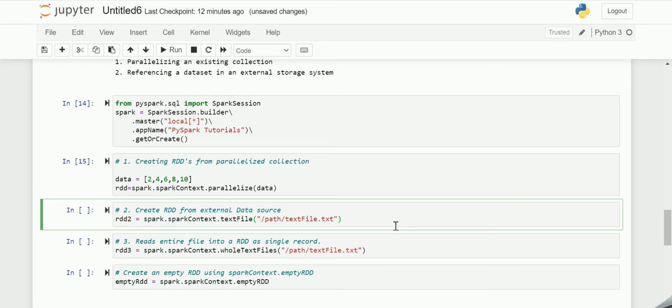The second way to create an RDD is from external data sources. The data source can be a text file, CSV file, or any other format on HDFS, S3, and so on. Suppose your input data is a text file, then you just need to invoke the textFile method of the Spark context. This will load the entire content of the file into the RDD.